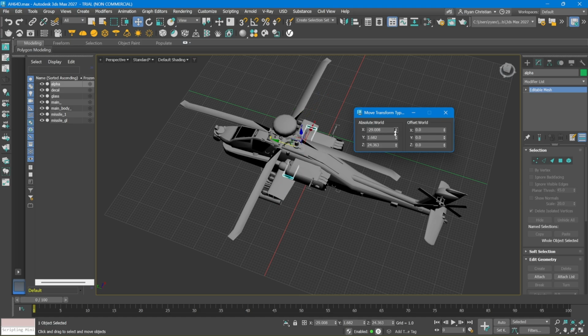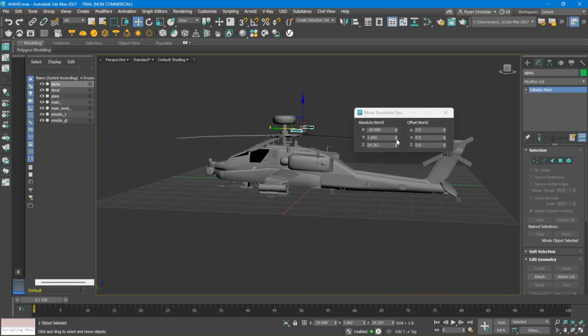All right, there you have it. That's how simple it is to move an object here in